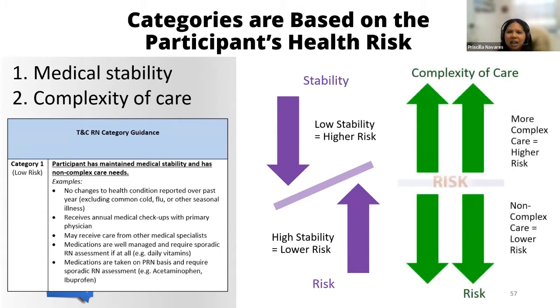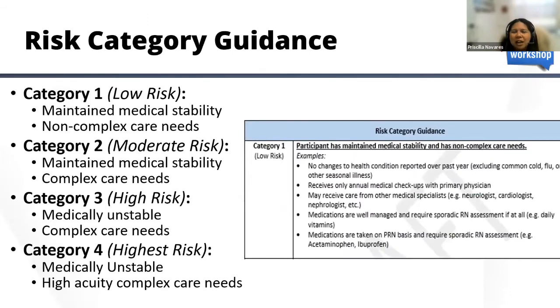And the other part of that, not only do we look at stability, but we also look at complexity of care. In that sense, the more complex they are, as far as the nursing tasks, there's going to be a higher risk. But if it's non-complex, in theory, there's going to be a lower risk. So once again, it's not clear-cut black and white, as the nurses will know, but these are some different components that will help the provider RN determine the appropriate category. And we'll get a little bit more practice coming up in the examples here.